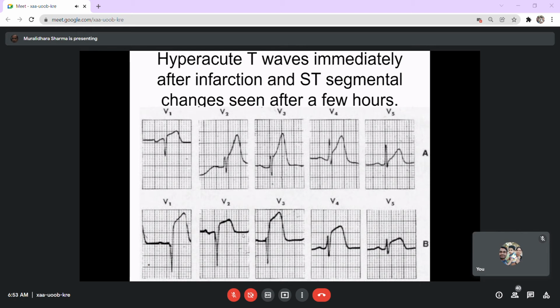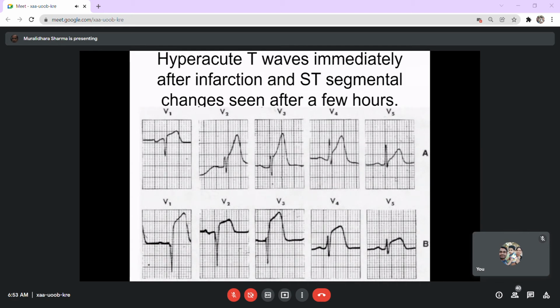I'm just repeating the same to highlight the issue. If a patient with an infarction comes immediately, you see the changes over a few hours. Initially in V1, you see the ST segment elevation. After a few hours, the elevation becomes more, which suggests there is an extension of the pathology. The condition is worsening. It's a real-time issue.